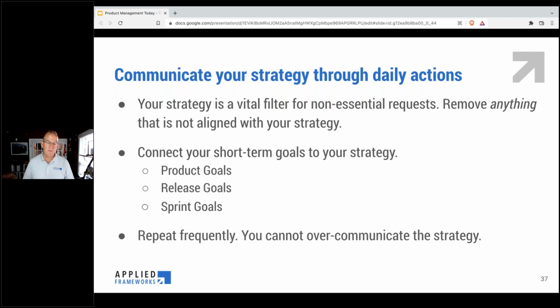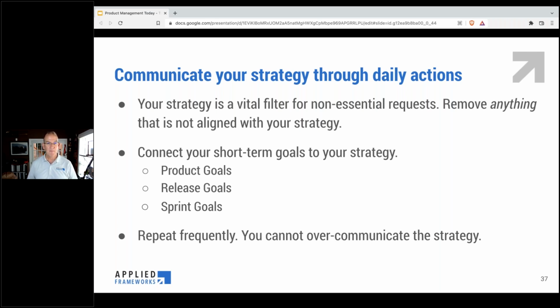Repeat the strategy frequently. This is one concept that cannot be over-communicated, almost to the point where everyone can say what the strategy is. And that's great. We actually want the developers and testers and designers and anyone else involved in developing the product to be able to say, this is our product strategy. Here's how the work that I'm doing today is valuable as we're on our journey to achieve our product strategy. As a product manager, product leader, or product owner, you have many opportunities to continually reinforce your strategy, which is why it's so important to refine it so it's clear, concise, short and sticky, so people will understand it, repeat it themselves, and embed it into the work they do every day.